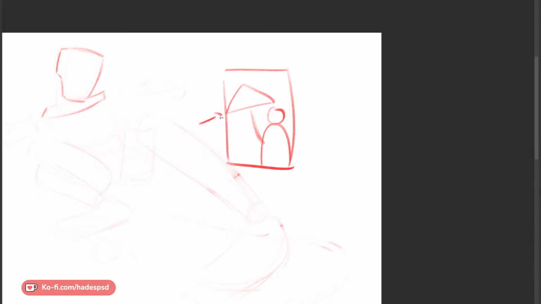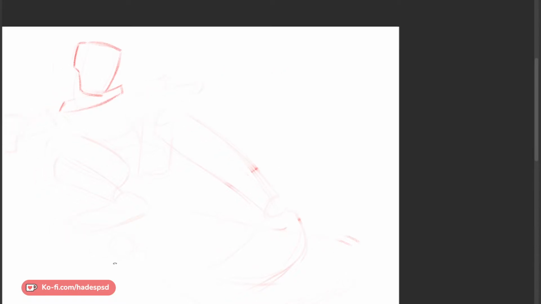But you see how the umbrella's touching the corner of the frame? That's a tangent. You want to avoid doing that. It's not good for selling the illusion of depth. All right, so you don't want two lines just touching, because it'll be confusing to the viewer of what's in front and what's in behind.